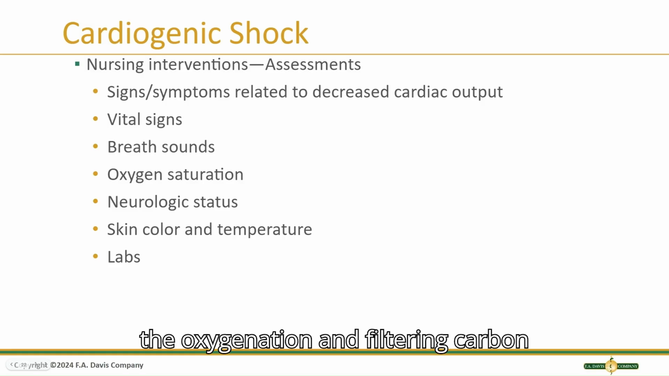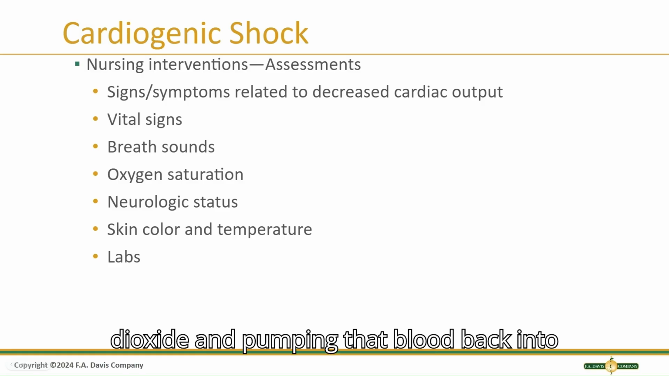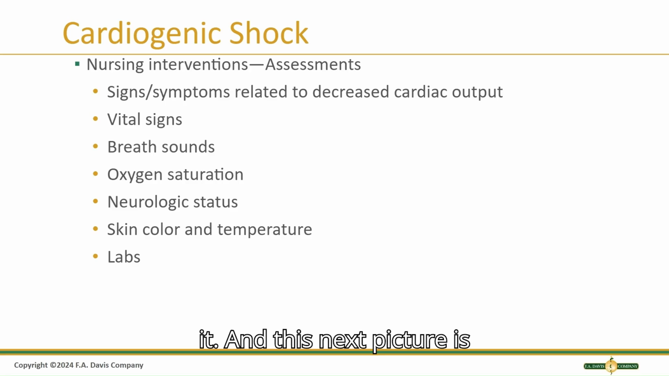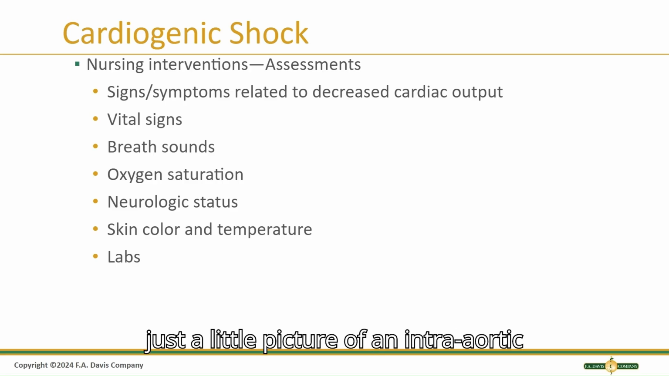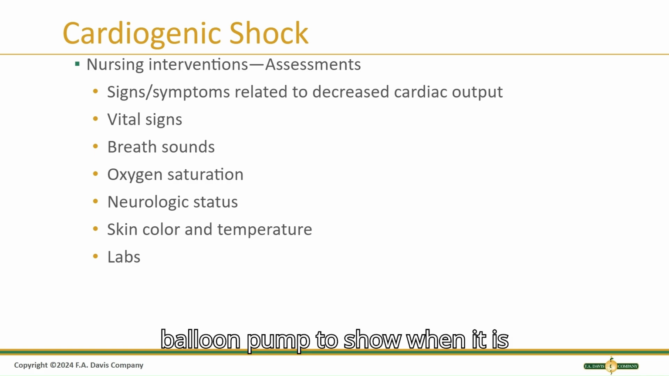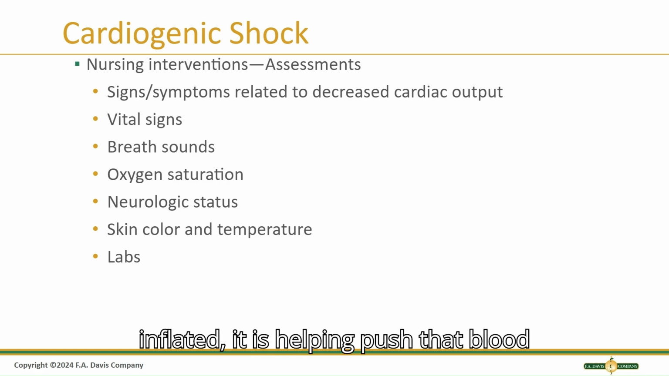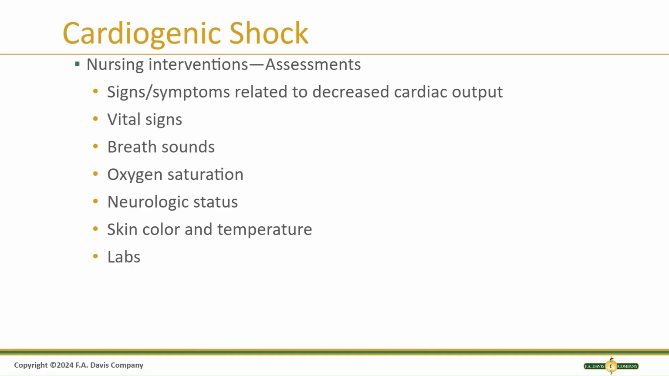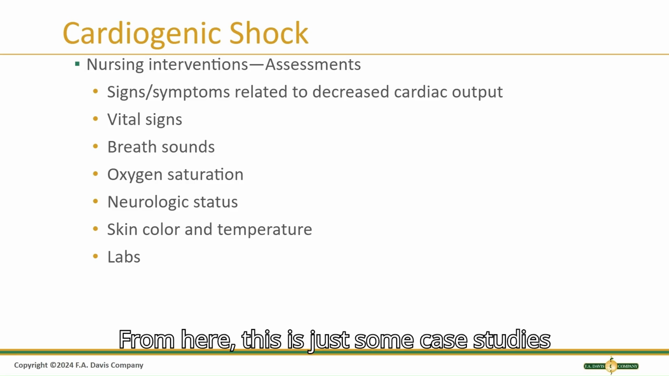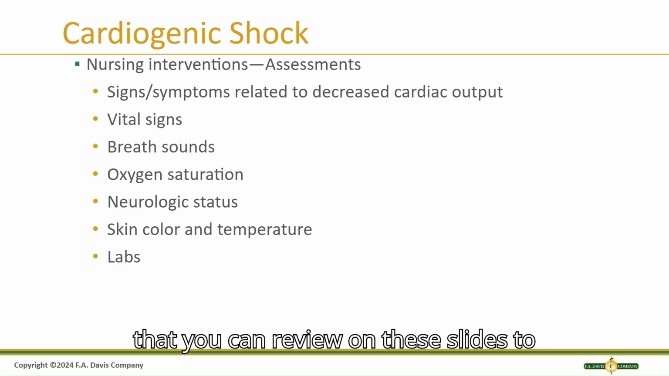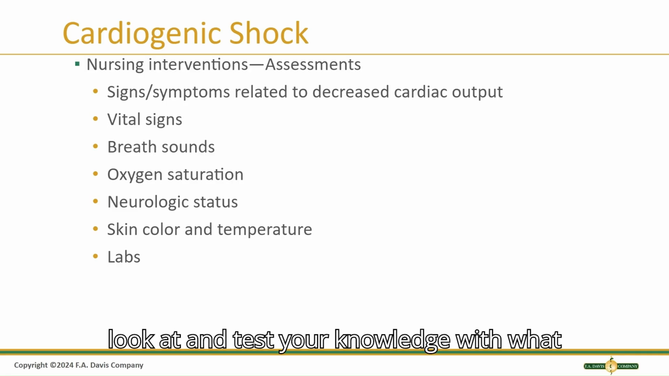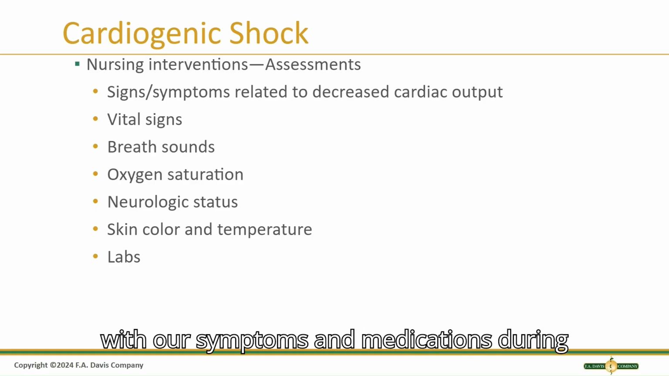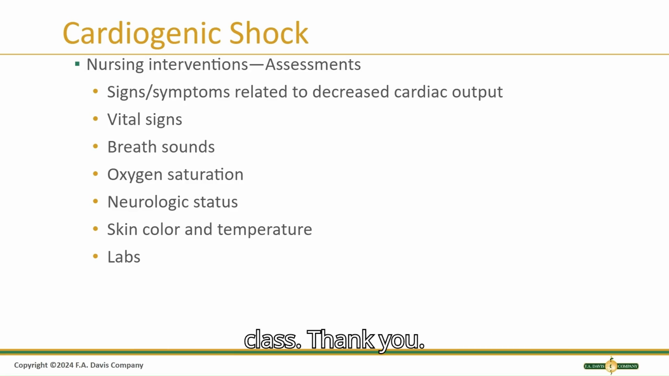Now, if we get to the point where we have patients that go into extreme heart failure, we have a risk of going into cardiogenic shock. So we always want to make sure that we're looking for any signs of symptoms that are related to that decreased cardiac output. So again, we're monitoring our vital signs. We're looking at our breath sounds, oxygen saturation, our neurological status, skin color and temperature, and lab work. Patients that are in cardiogenic shock, of course, are going to see a decreased level of consciousness, decreased oxygenation. Typically, blood pressure readings are going to be lower. Skin temperature is going to be